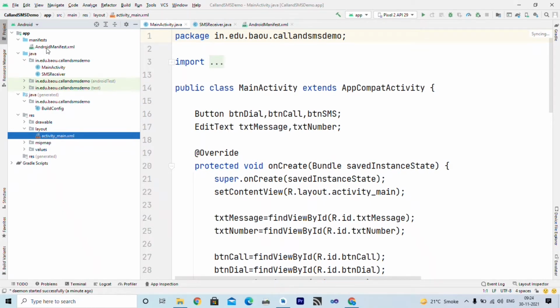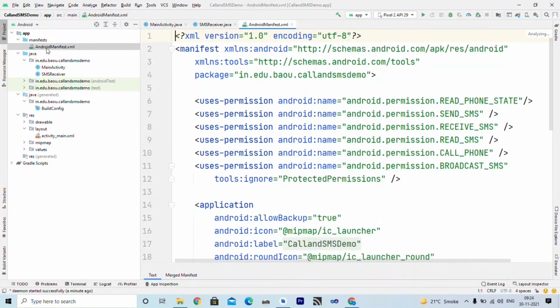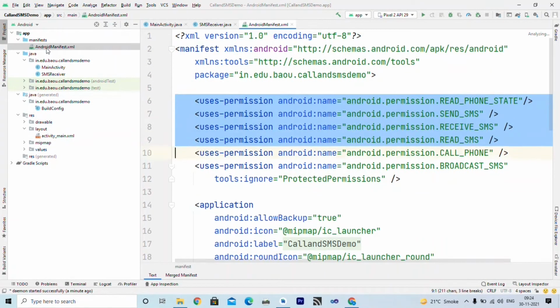So, for that you need to enter certain permissions inside your manifest file. So, we will see what permissions are required to send and receive and dial a particular phone number.